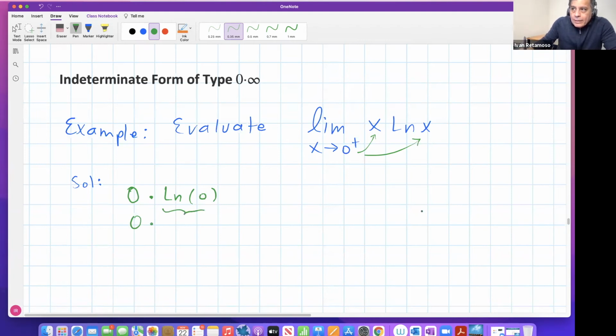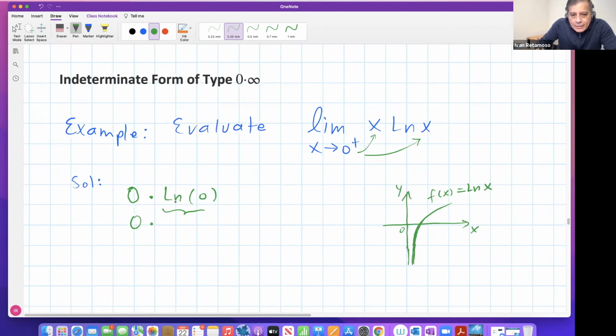Recall, if you look at the graph of the function f of x equals natural log of x, notice that for input value 0, there is no output value, right? This curve gets closer and closer to the y-axis, never touching it,